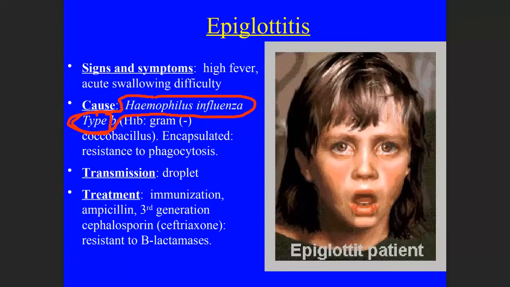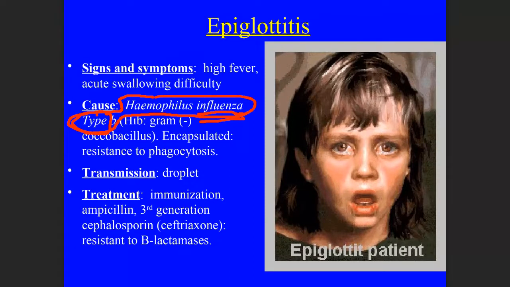You can see that it has the species name influenzae, but does this bacteria cause the flu? No. What causes the flu is the influenza virus. What happened is that a long time ago, when investigators were trying to discover the cause of the flu, they noticed that a lot of the people that had the flu also had this bacteria. So they just wrongfully assumed that this bacteria caused it. And then they later discovered that it was the influenza virus. Unfortunately, this bacteria has retained its species name. Honestly, they should change it to avoid any confusion.